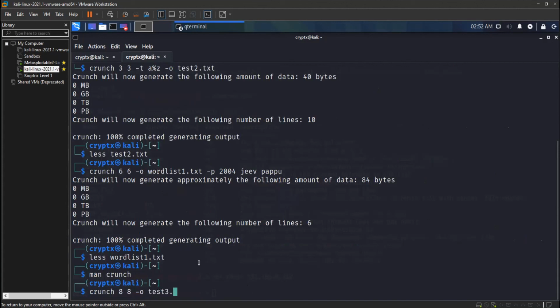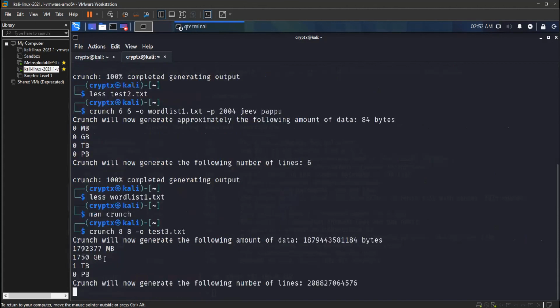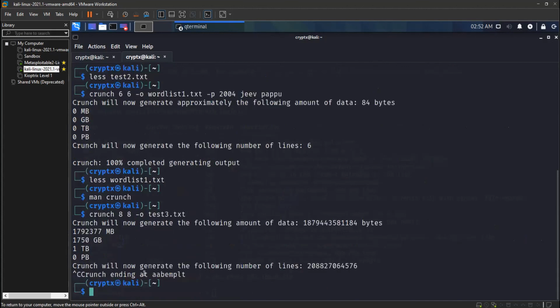So if I do test3.txt, it will be very big. As you can see, it's like 1 terabyte of files. So don't keep generating this. Make sure you have enough space if you are even doing this. So this is a lot, around 1 terabyte, around 2 actually. So keep it short.